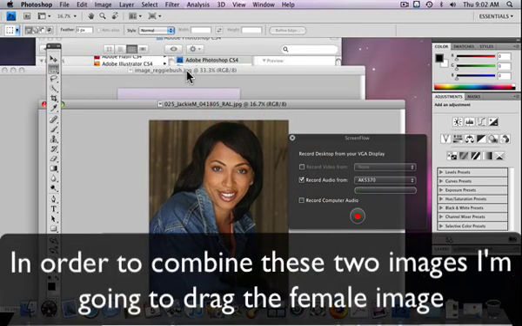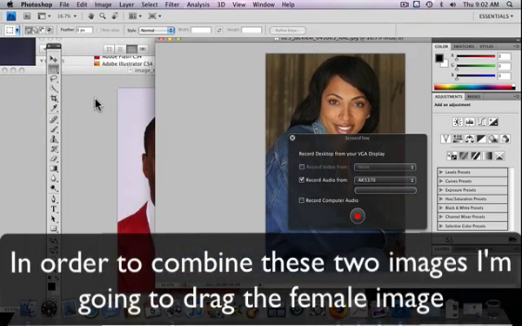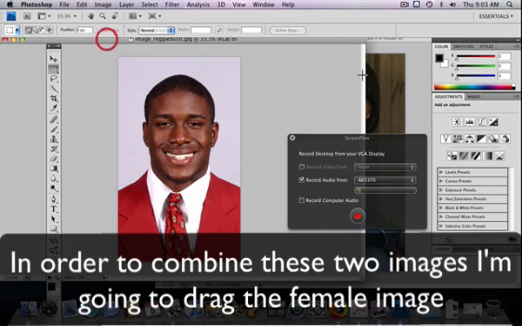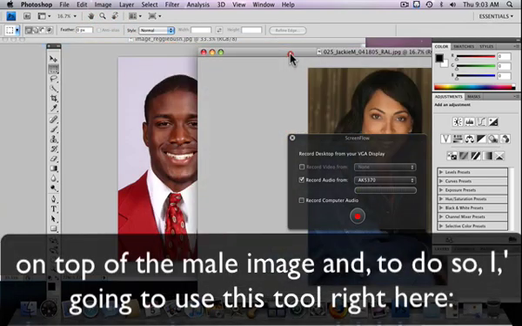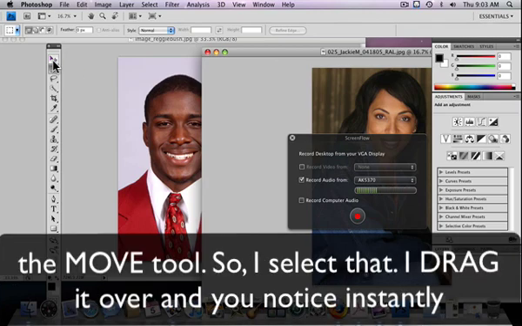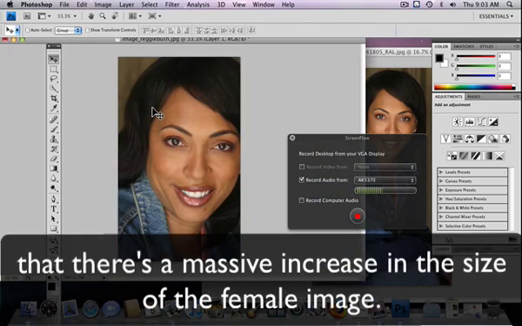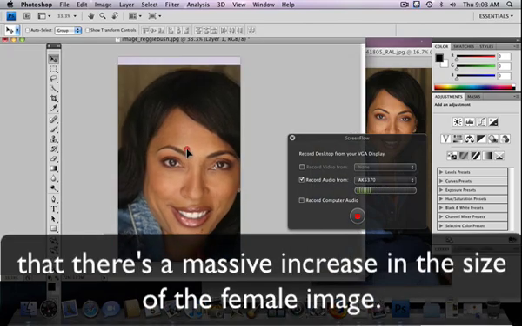In order to combine these two images, I'm going to drag the female image on top of the male image. And to do so, I'm going to use this tool right here, the Move tool. So I select that, I drag it over, and you notice instantly that there's a massive increase in the size